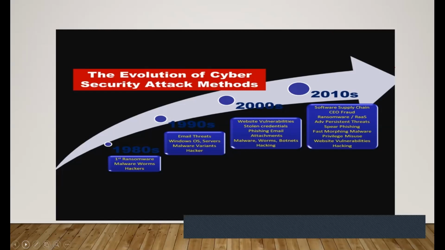In this way, cybercrime, or cyber security attack, has grown. In the 2010s, software supply chain, CEO fraud. You can find it on Google also. If you Google this term, you will find the total case study. Then RaaS, advanced persistent threat. These are different types of threats. Spear phishing, fast morphing malware, privilege misuse, website vulnerabilities, hacking. This shows the evolution of